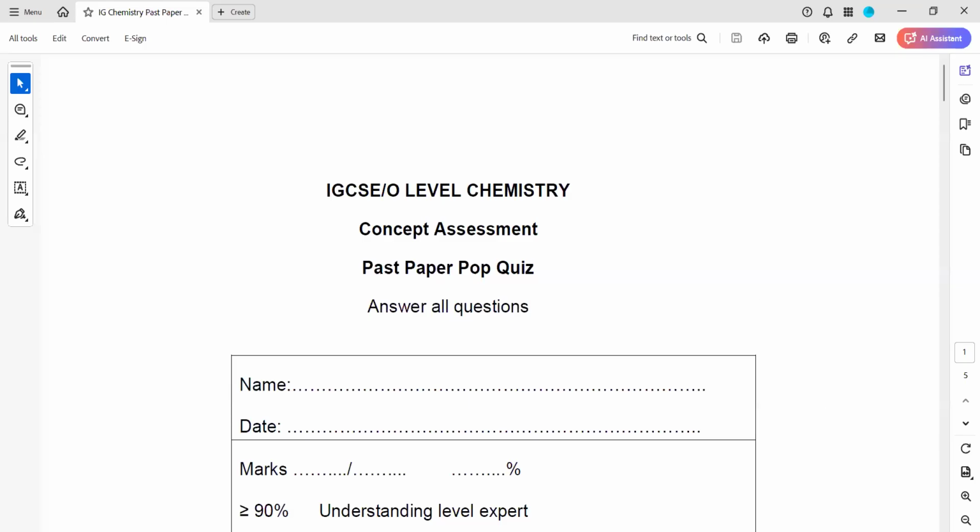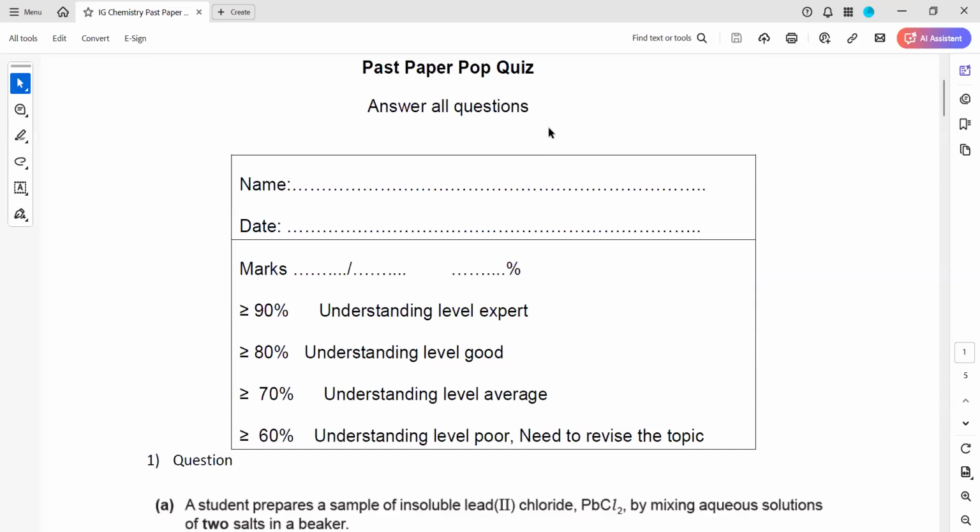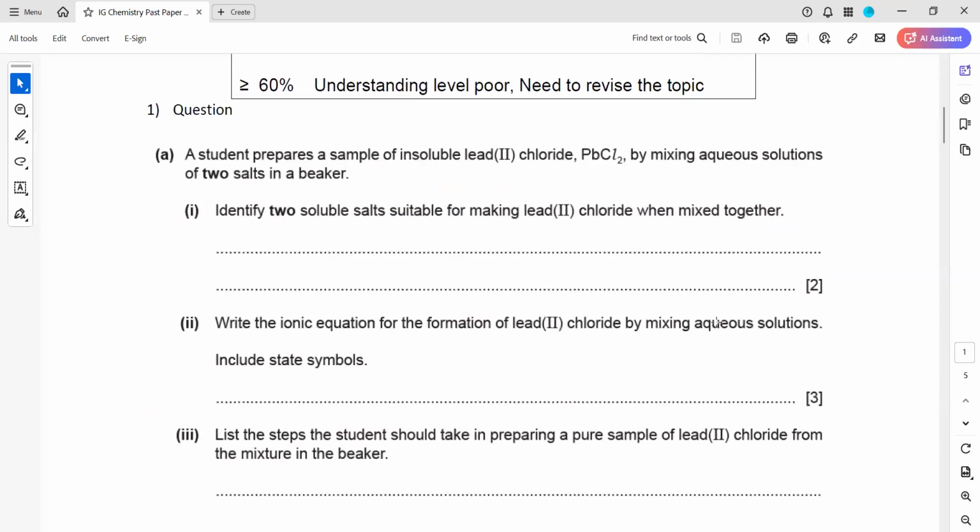So this was a weekly pop quiz 8. In question number 1, students prepare a sample of insoluble salt, which is lead 2 chloride,